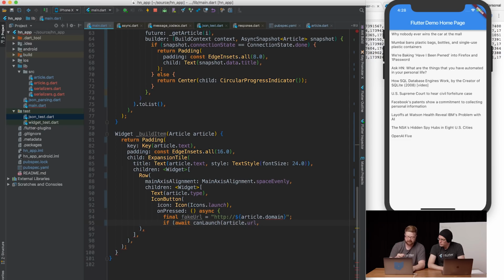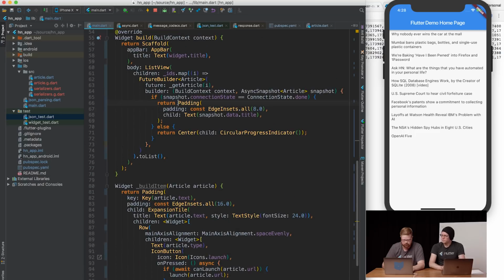article. Okay, my least favorite bug currently in the IntelliJ plugin, which is fixed in the new release. By the time this makes YouTube, it might already be fixed. There's a weird thing when you do tab. It replaces too much. You might want to be careful because you've got the URL in two places: fake URL and article.url. I'm going to get rid of fake URL in just a second. We don't like fake URLs. There we go. All right, and then this would become